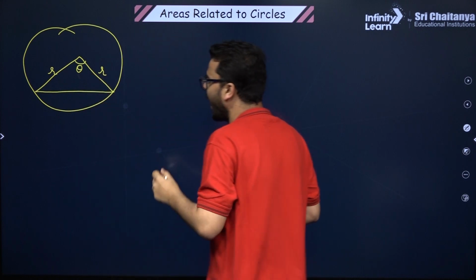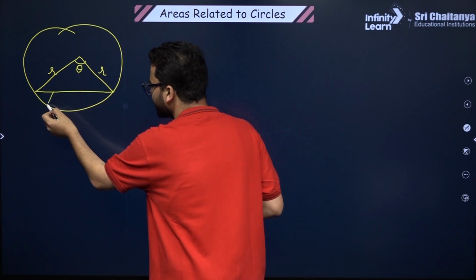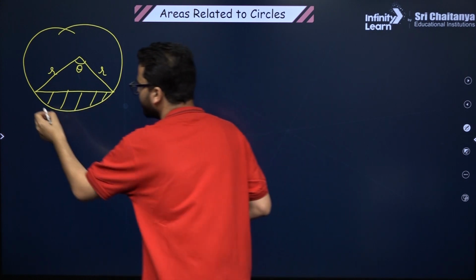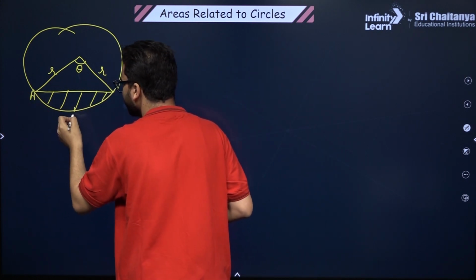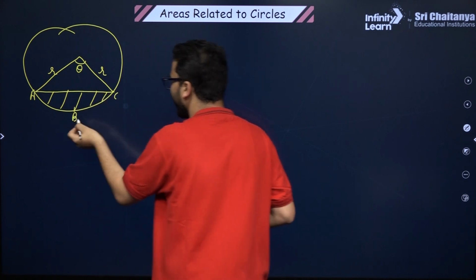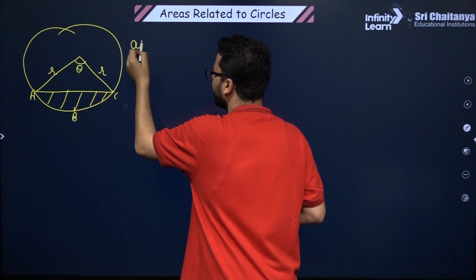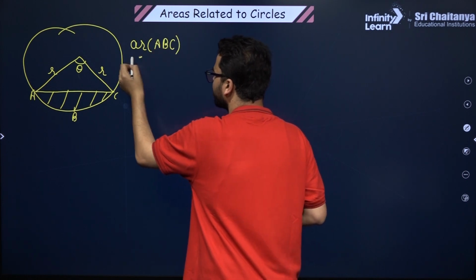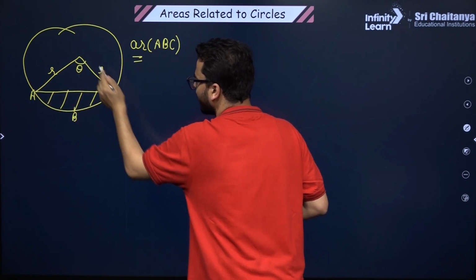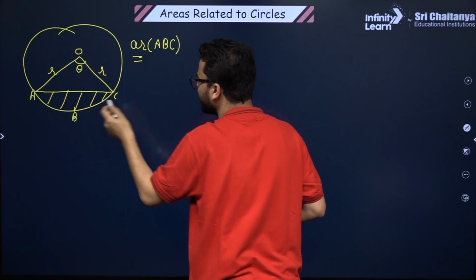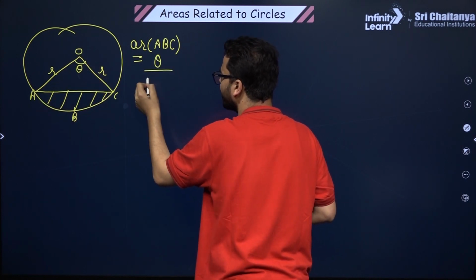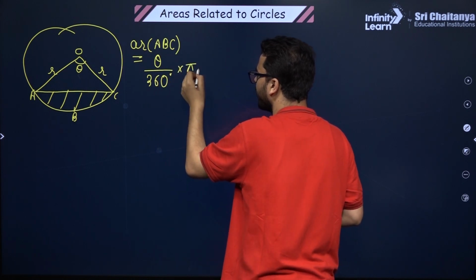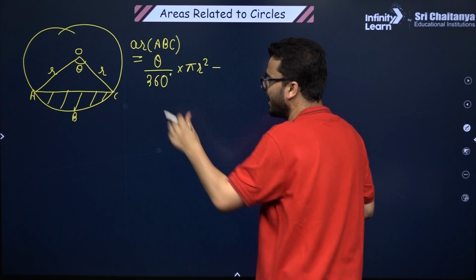You have to find the area of this minor segment, which I'm naming ABC. So the area of segment ABC is the area of the sector AOCB, that is theta by 360 into pi r square, minus the area of this